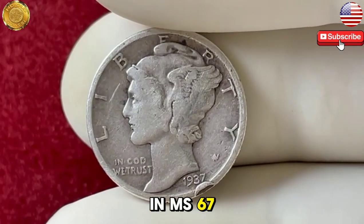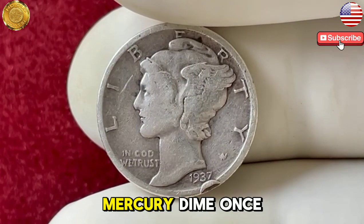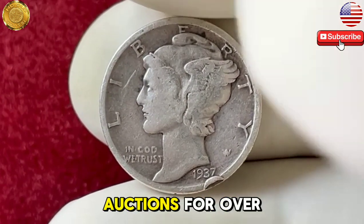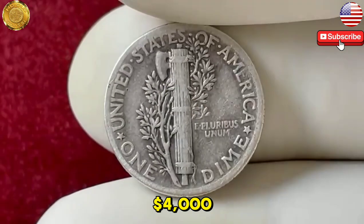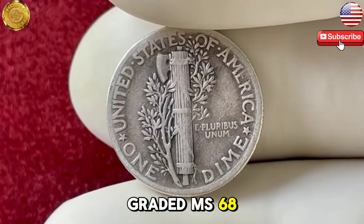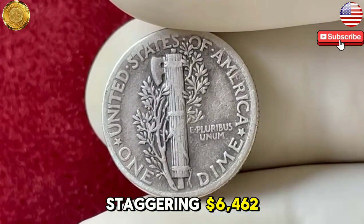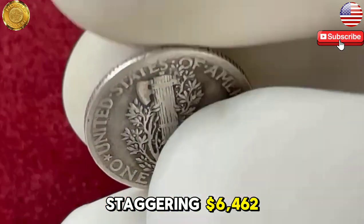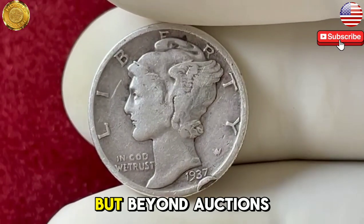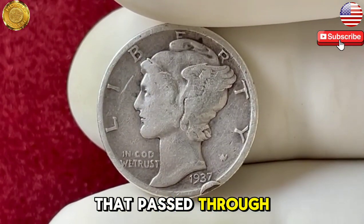In MS-67 condition with full bands, the 1937 D Mercury dime once sold at Heritage Auctions for over $4,000. Another stunning San Francisco Mint version graded MS-68 full bands drew gasps when it realized a staggering $6,462 at Stack's Bowers auction. But beyond auctions and mint marks lies the story of a coin that passed through countless hands,